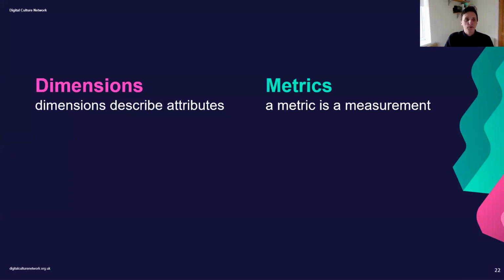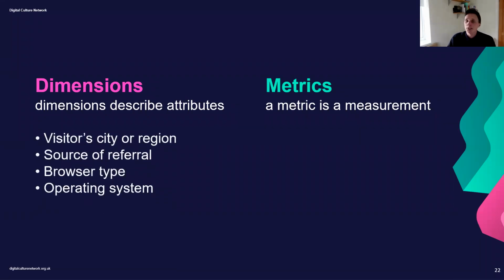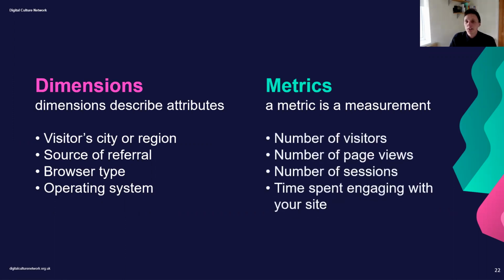And with those, you've got your events and you've got your parameters. The parameters and the data that goes into parameters is categorized in two different ways. So first, it could be a dimension, which is a category of information, so an attribute. And the second is a metric, so it's a measurement, a number. So the dimensions could be things like a visitor's city or their source of referral or browser type, things like that. And your metrics are like your numbers of visitors or your numbers of page views, numbers of sessions, things